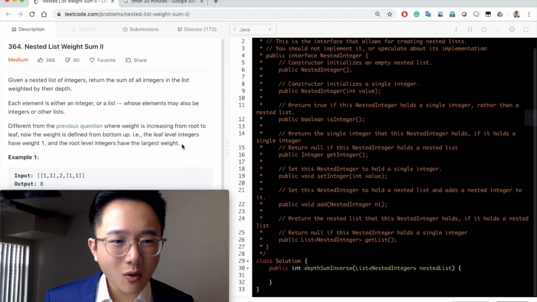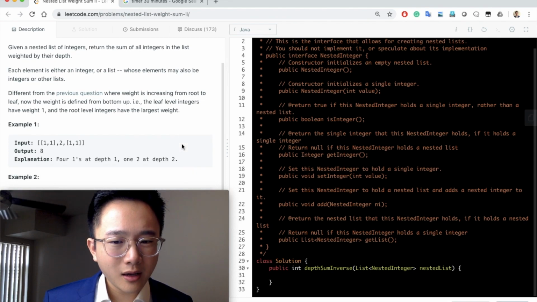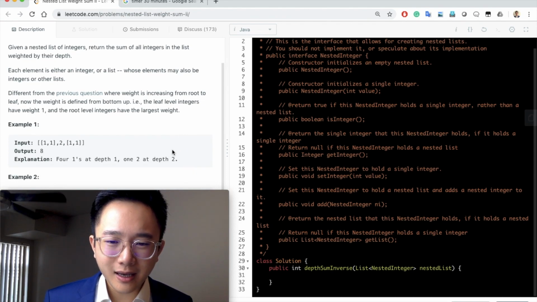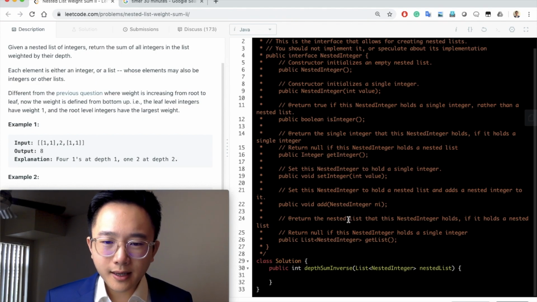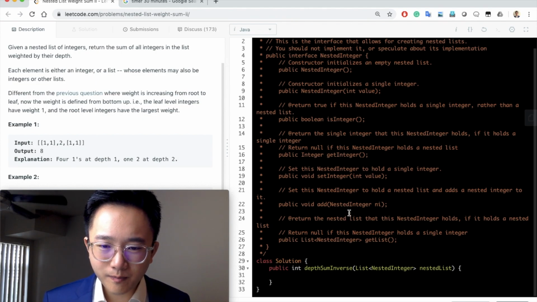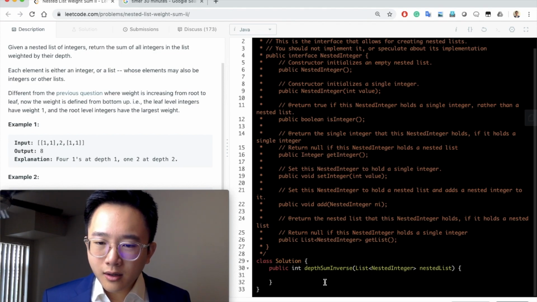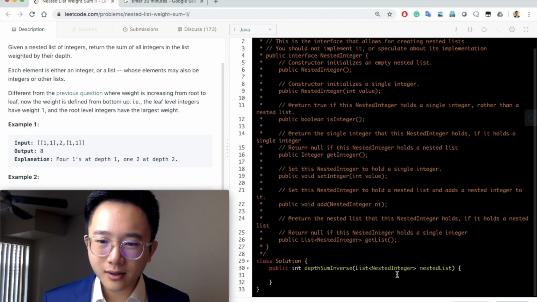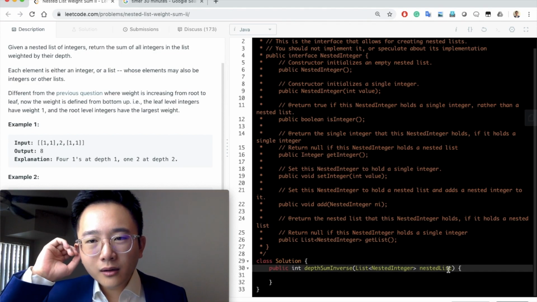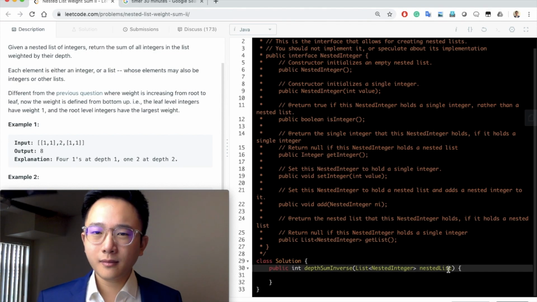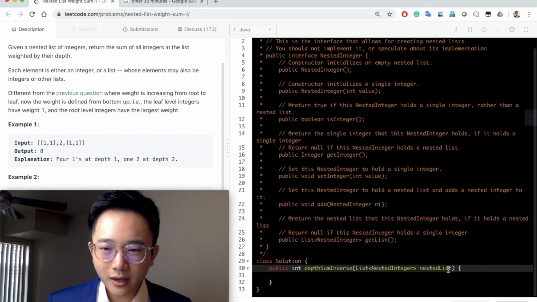I'm still trying to figure out why the first example is 8. So let's see what they want us to write here. So we have this method def, and then you have a parameter which is a list of nested integers, nested list. Okay, so well,